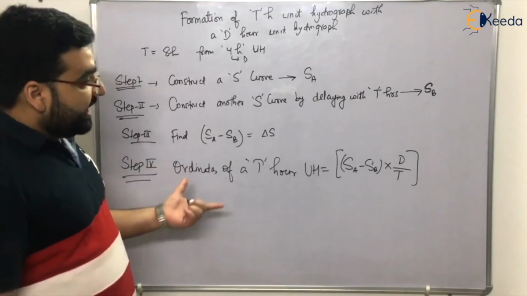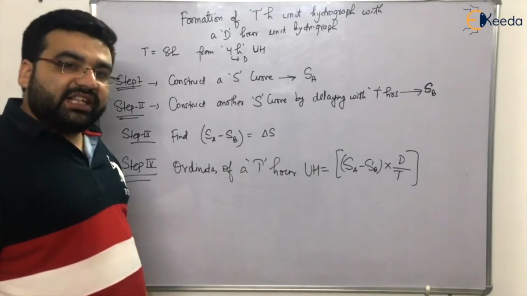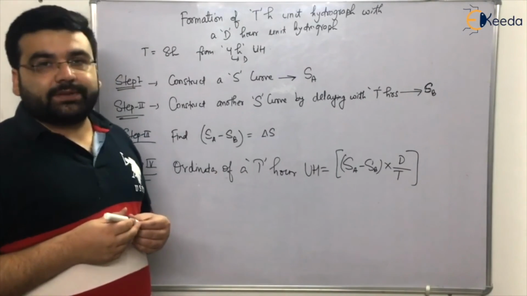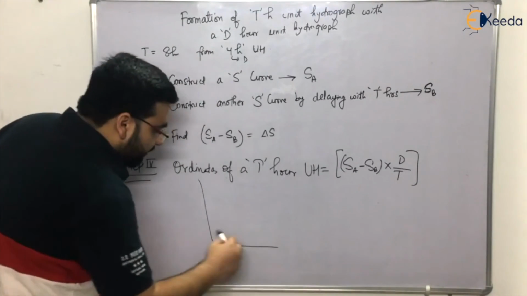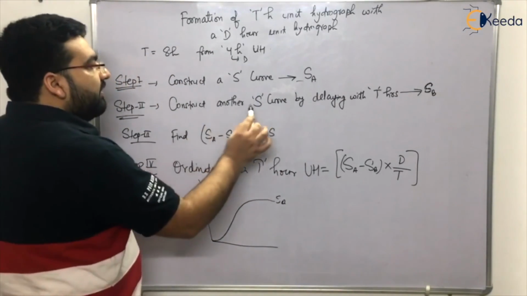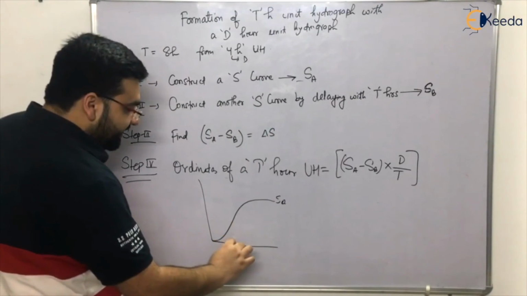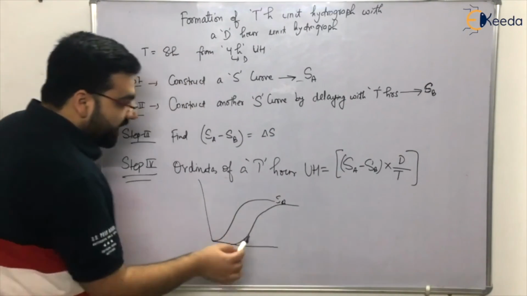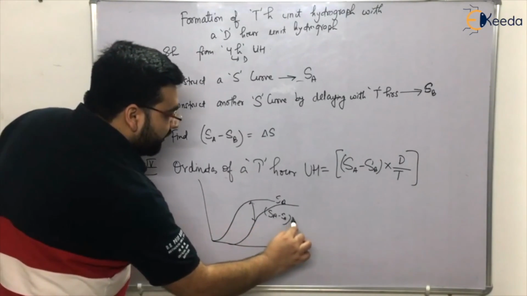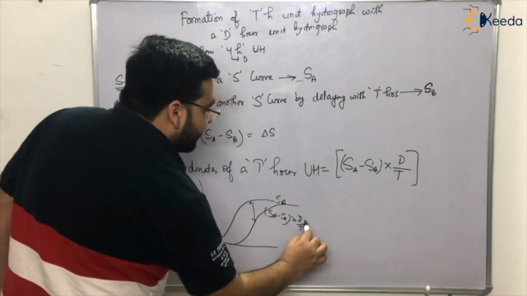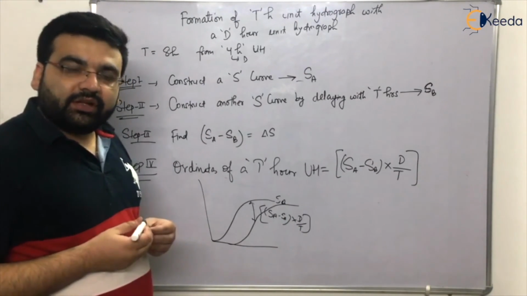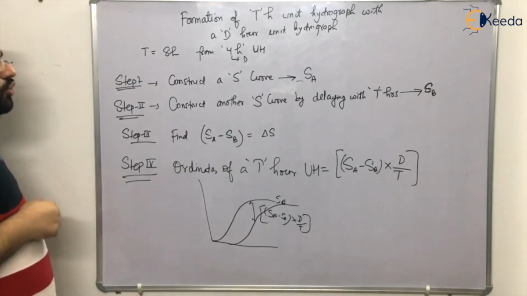I will again make you understand how to implement these 4 steps, but this is how you have to proceed, right? If you draw these S curves, first of all you will draw S curve SA. Then you will lag this curve by, let us say, T hours. From here you will draw another S curve like this, right? You will take the difference. This difference will be equal to SA minus SB, and then you will multiply it by D by T. That is how you get a particular curve. I hope you have understood this, right?